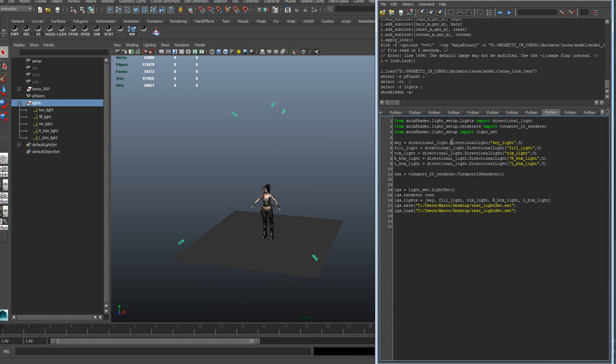So here is the code we need. We are going to import different classes, which are directional light and the viewport 2.0 renderer, because we want to use viewport 2.0, of course. Actually, let me do that with the final scene,